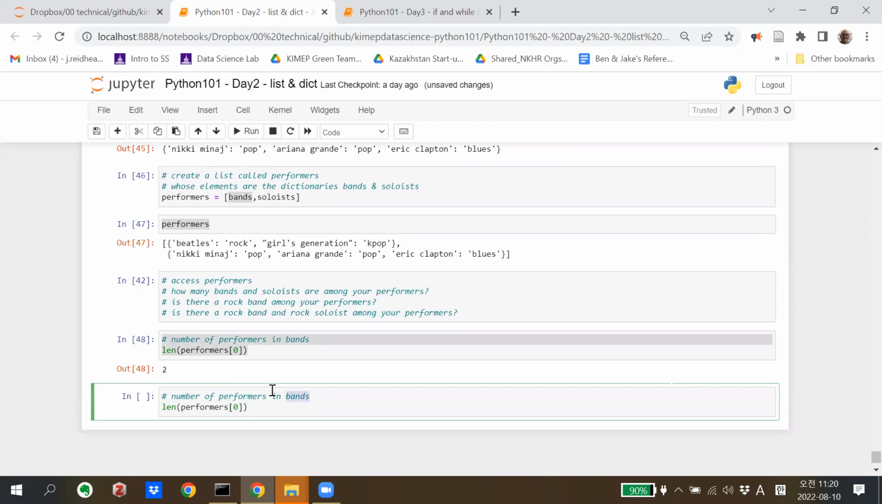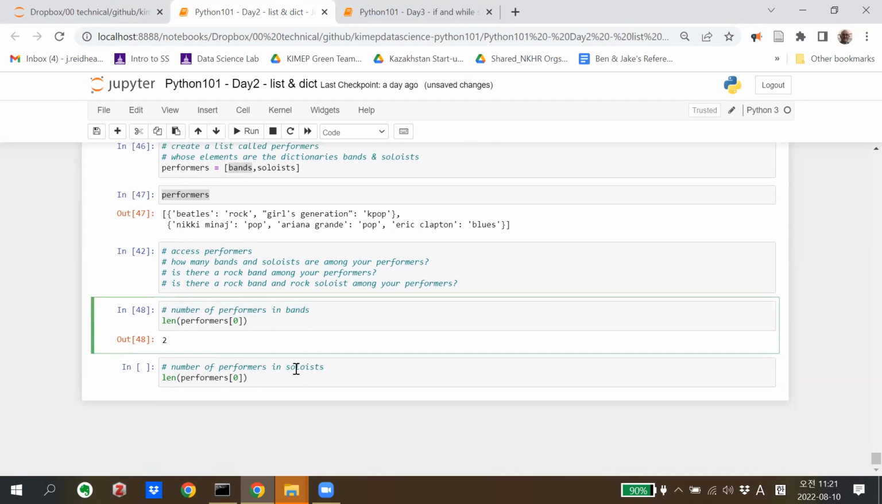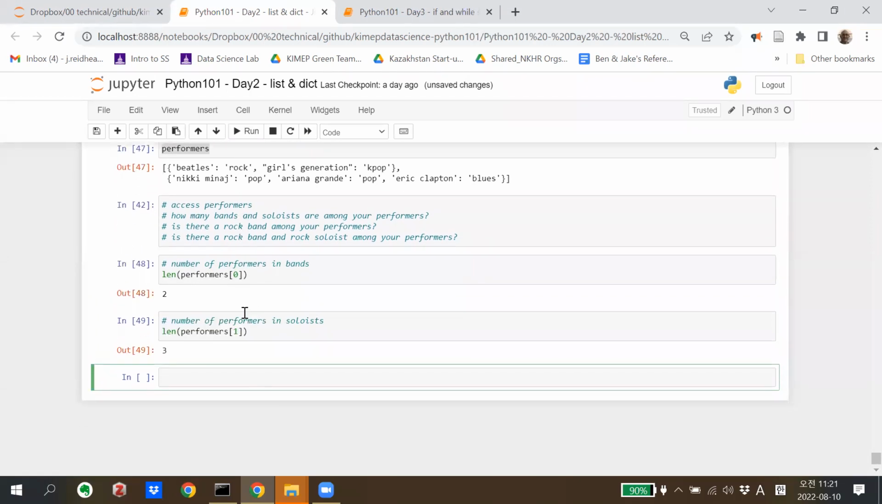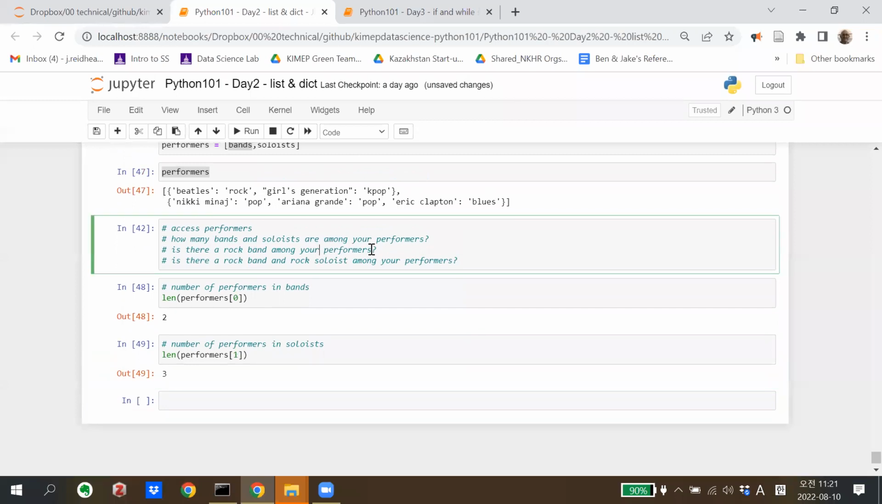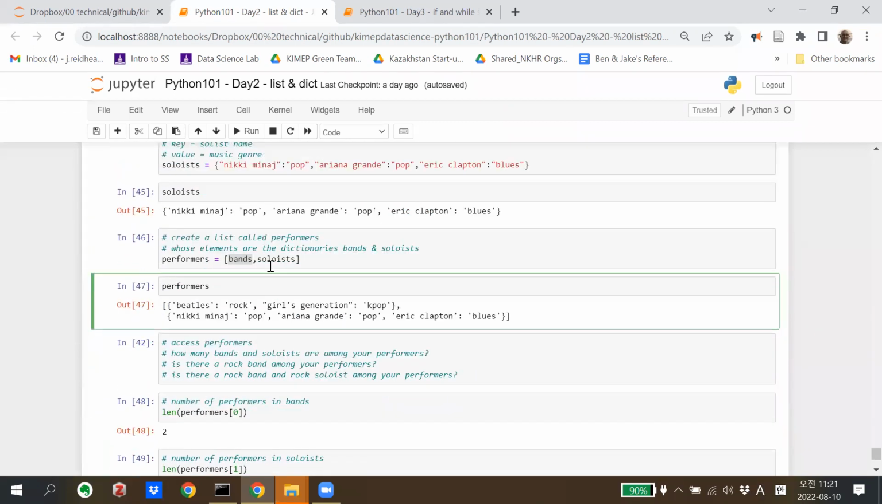And how many performers in soloists? So what am I going to do to change this? We have to replace 0 by 1. Okay, right. So change that to 1. Okay, so we have 3 performers. Is there a rock band among your performers? But again, I don't like this indexing. I want to instead